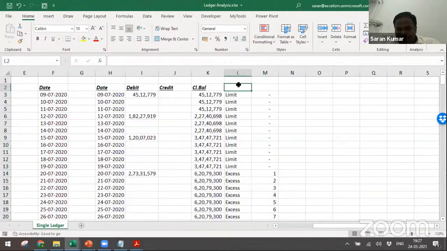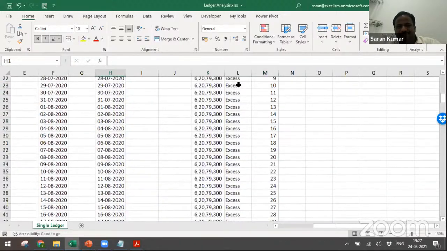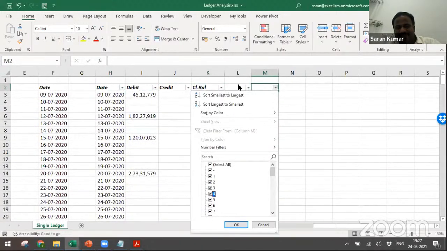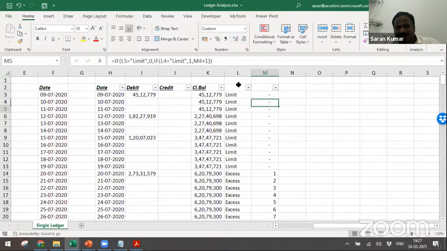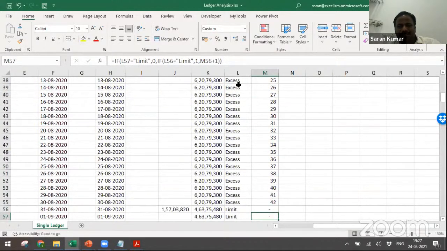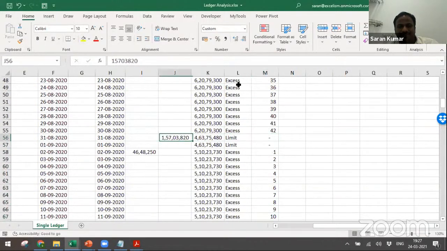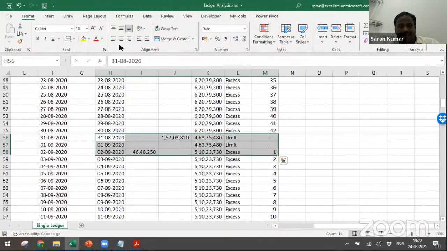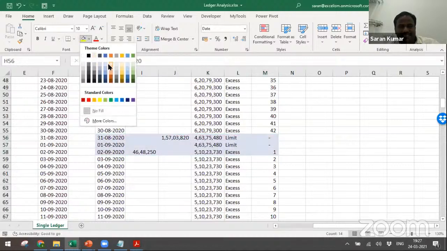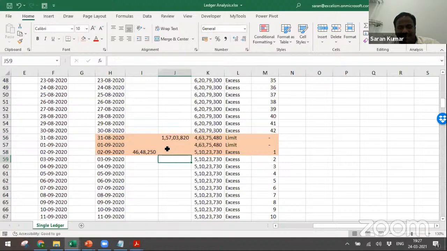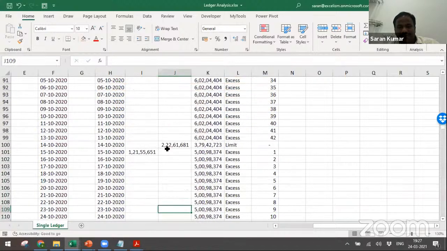Now let me apply the filter. I'll just take the highest one, 42. That means there's no problem, but just for the reporting purpose of this account, check it out. There are no transactions at all. But this fellow deposited after 42 days and again withdrew. Again, if you check, this continues for another 42 days and again it got withdrawn.